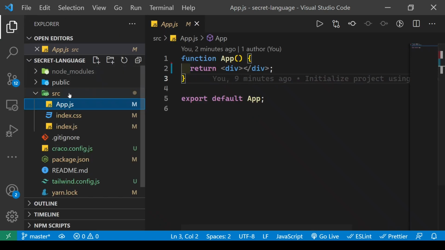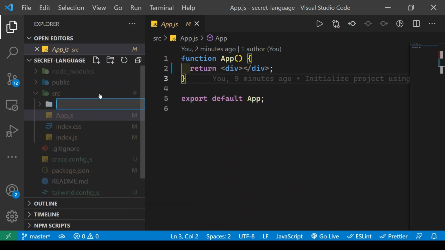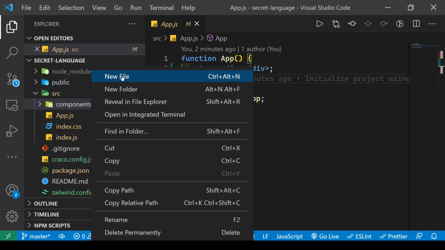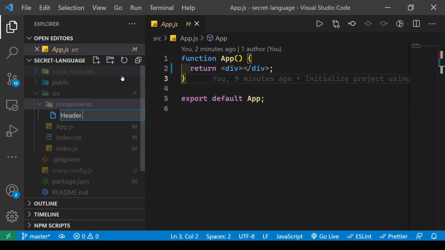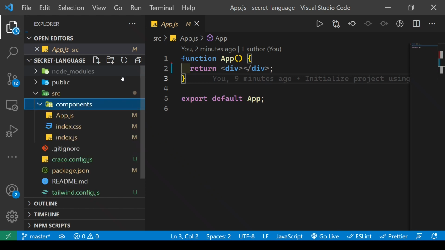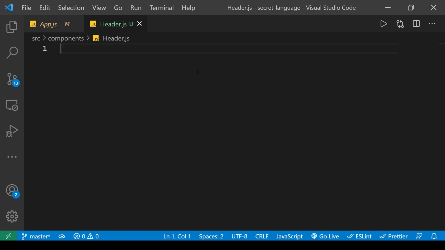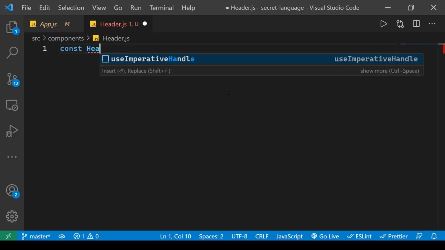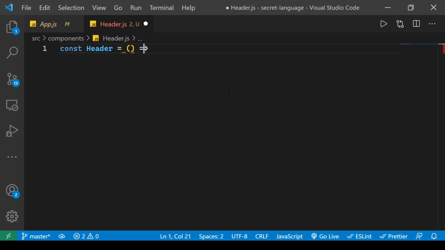So let's go inside of source, and in the source we are going to create a new folder called components, and in components we are going to create a header.js file. You can also use the JSX extension, but let's use JS for this one. Okay, and in the header.js, what you can do is you can just say const Header will be equal to an arrow function, and we can just use the explicit return. Okay, so now we can just return a header tag,